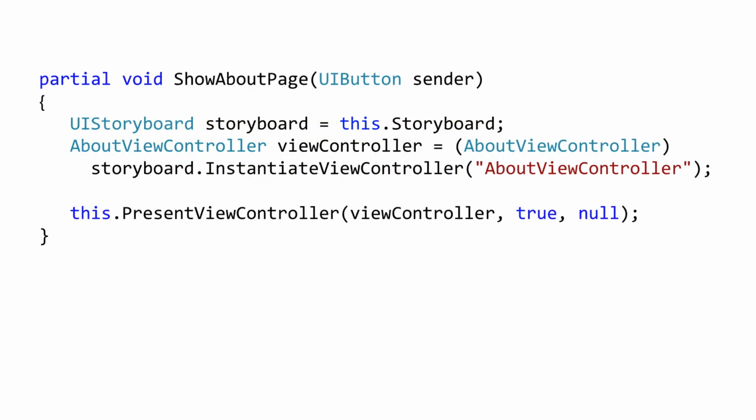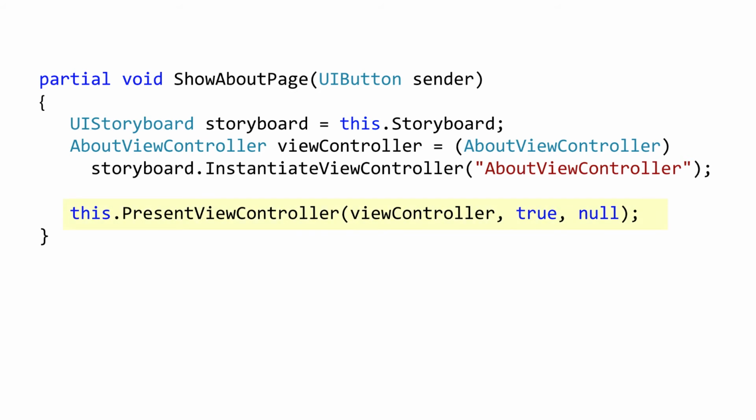Once you have the view controller, you can display it. There are a few ways to do this. First, you could replace the root view controller. Remember, this is the first view controller that is displayed as defined in the app delegate. Second, you could use one of the built-in iOS navigation patterns. We won't cover this here, but it is covered in our iOS navigation course. And third, you can present it modally on top of an existing view controller. This final option is what we're going to talk about today.